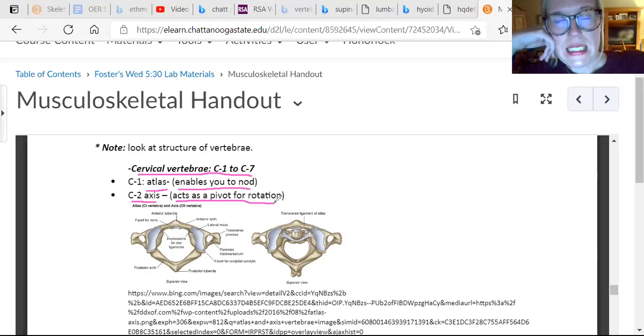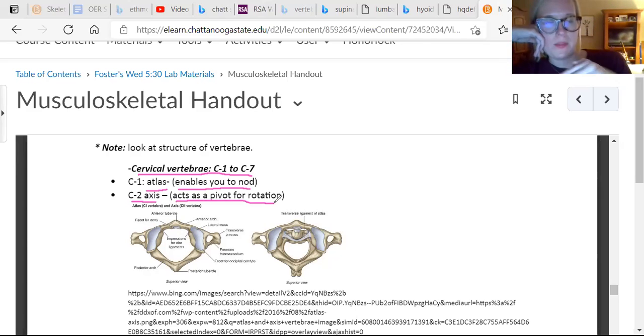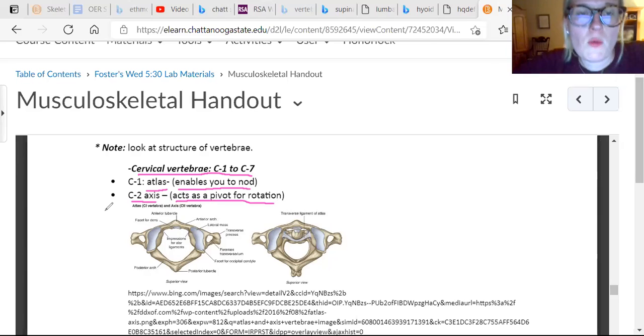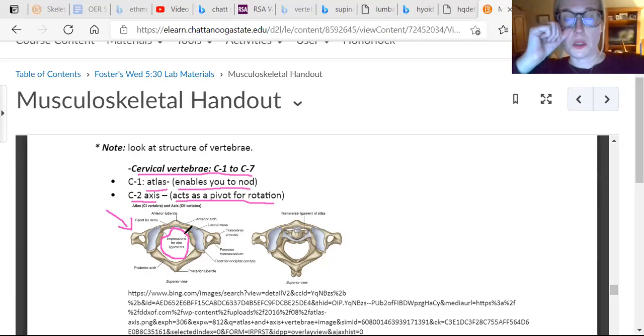The axis, C2, allows for an axis, a rotation, to happen. That's where it gets its name. It allows you to say no, or to turn your head no, okay? Now, I want you to be able to see this. This is the atlas, okay? It has a big vertebral foramen, very large. It is the largest because your brainstem